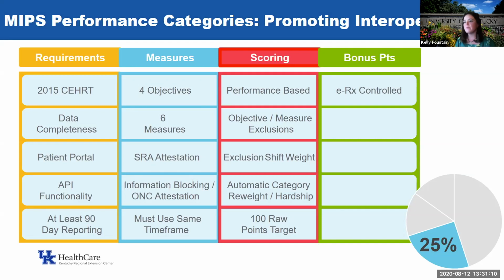That means each of the measures carry a specific weight, and your percentage performance is weighted against it. So, for example, for HIE send and receive, that's up to 40 points. If you were to get, I don't know, 50% on that, you would only get half of those points. And the goal is to try and get at least 100 raw points to get full credit in this performance